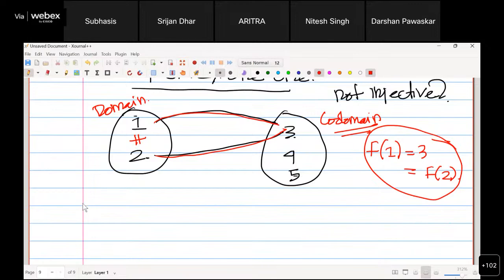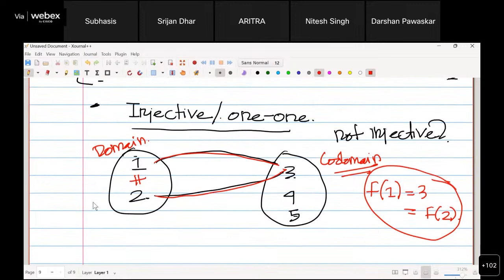So basically what I'm saying, if you consider this is a function, as you can see, 1 is going to 3 as well as 2 is going to 3. But the problem here is, what is the problem? In my domain, 1 and 2 are completely different elements, but they are actually going to the same thing. This is not allowed